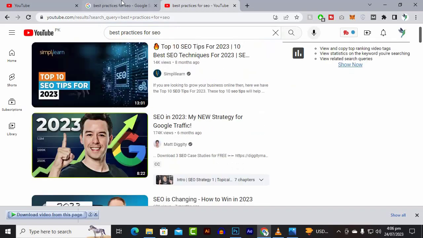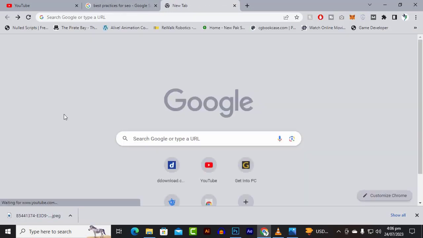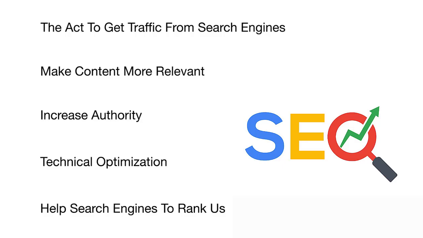In this way you can understand how important the content is and how important the page authority, or the authority of the website, is. And then another important thing is technical optimization, which is behind the scenes and includes the back end development of the website.